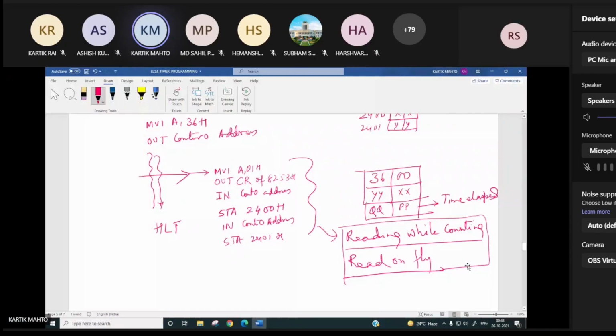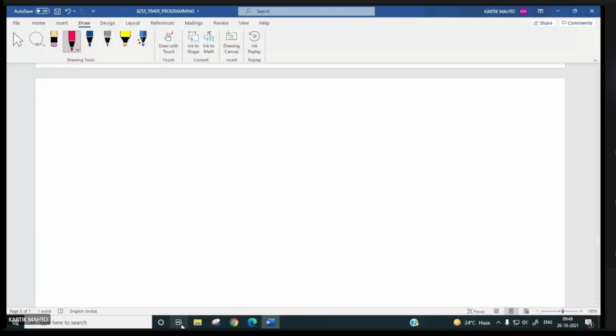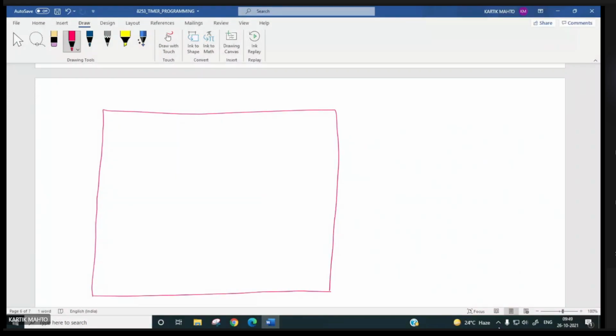Now, can we go for the microcontroller? Okay. For this, I would like to get some schematic diagram of the 8085 processor. Inside this processor, we have the arithmetic logic unit, ALU.